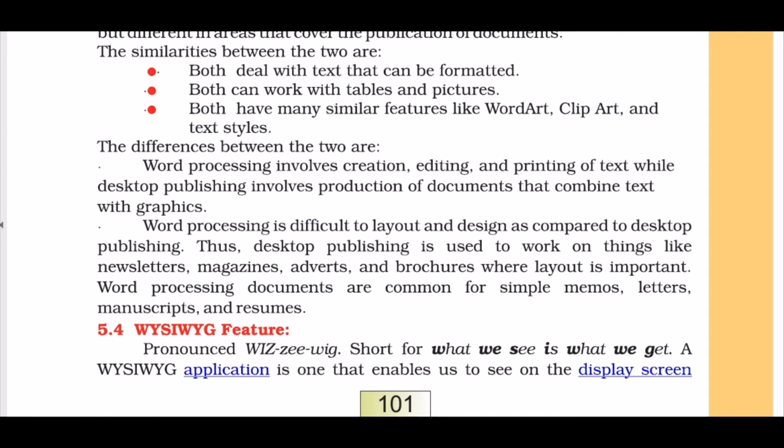In a word processing software like Microsoft Word, if you want a specific layout of any image or text, it is a bit difficult to adjust the image settings, but in desktop publishing software, you can edit freely. You want to put text somewhere else, you can. You want to put images behind the text, it's really easy. Editing is really easy. That is why it is basically used to print images, adverts, brochures, etc.